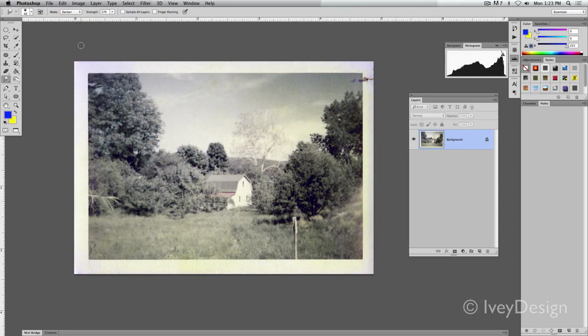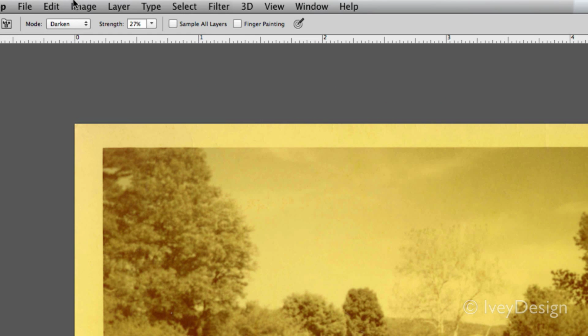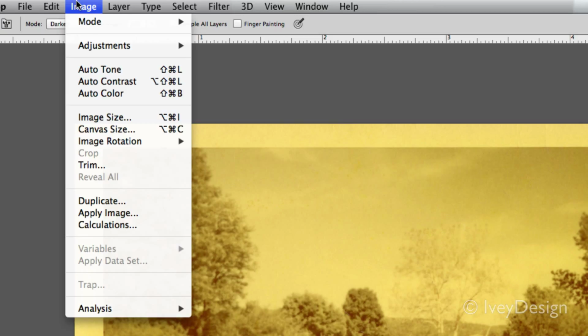Here's what Photoshop is doing. I'm going to undo this, back to the original. If you wanted to manually do this, go to Image,